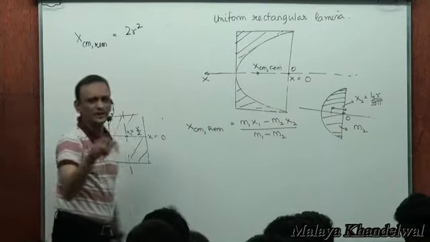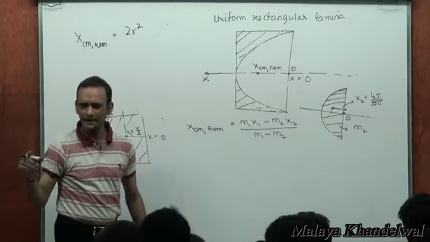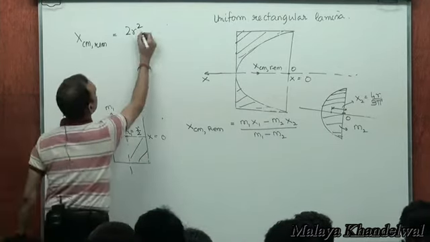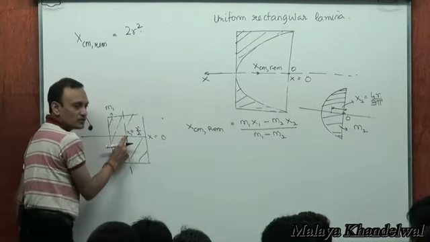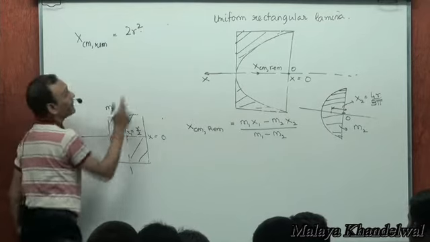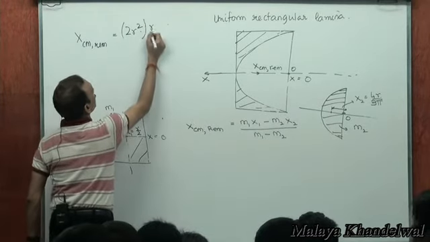All the masses replaced by the corresponding areas. I hope you understand the legality of that. So 2r squared into the x coordinate of the center of mass of the mother portion, which is r by 2,